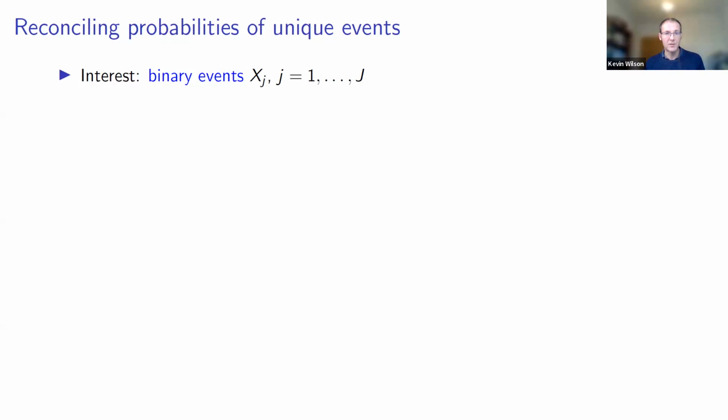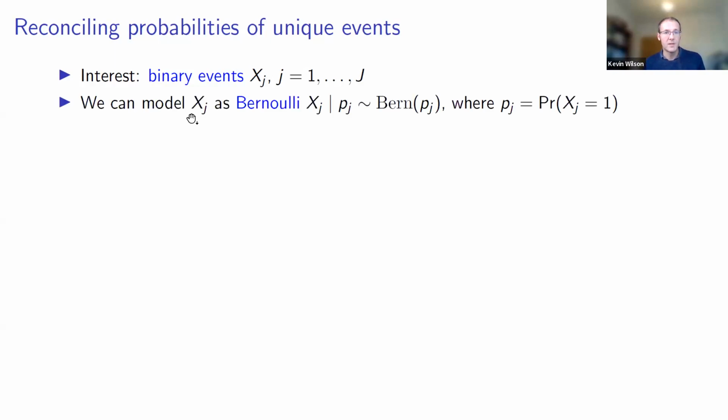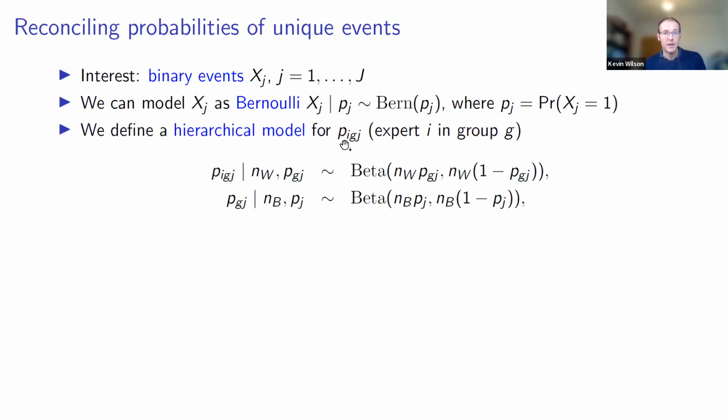So we've got binary events x_j for some number of events, and we think of these as being Bernoulli with some p_j, the probability that this binary event is going to happen. Is this water pumping station going to fail in this particular flood at this particular time? So p_j is just the probability that the pumping station fails. Again, if we ask individual experts for their probabilities that the pumping station fails, and we group those experts by their rationales in a probabilistic Delphi method, then what I'll get here is p for expert i in group g for binary event j.